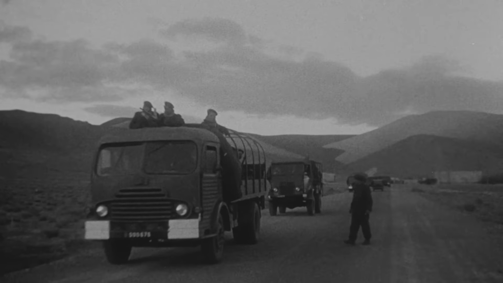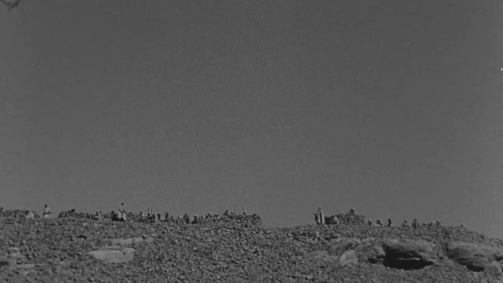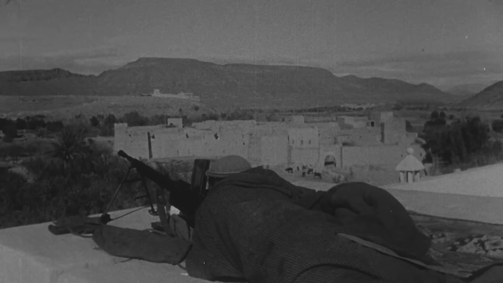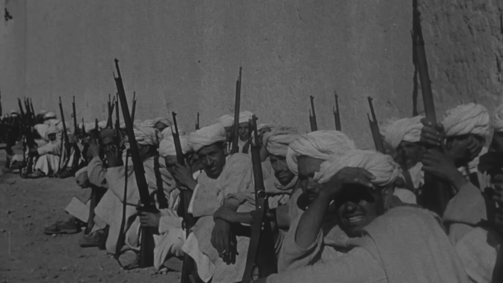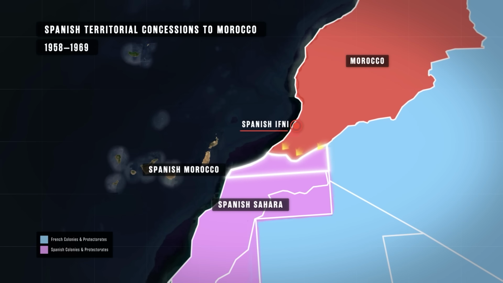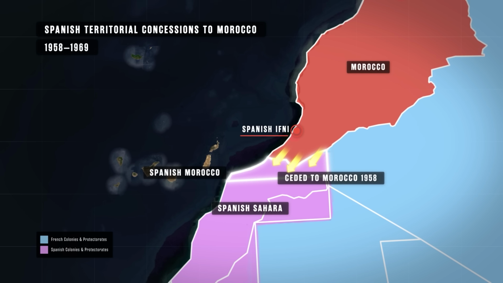In 1957, the year after they achieved their independence, the Moroccans launched an attack into the southern strip of Spanish Morocco, and then invaded Spanish Sahara as well, on the basis that both territories had been historically Moroccan. Spain managed to eject the Moroccans from Spanish Sahara, but agreed to cede over the strip of southern Morocco to